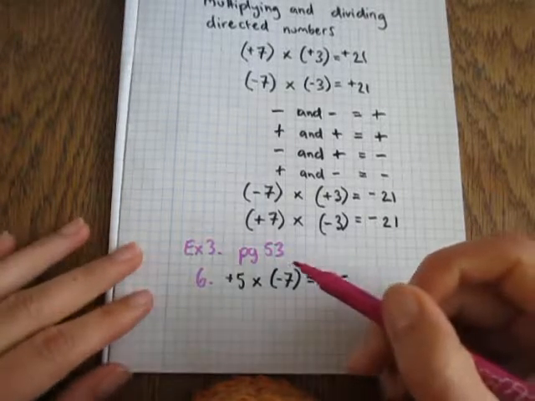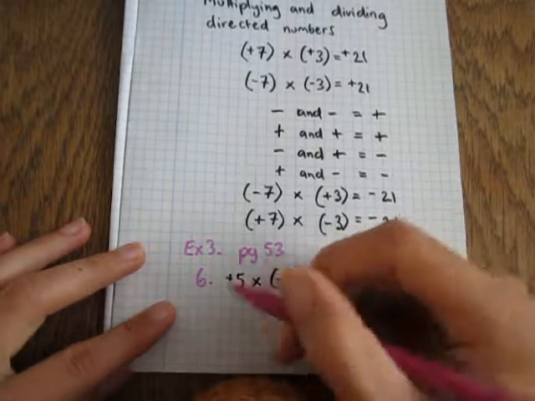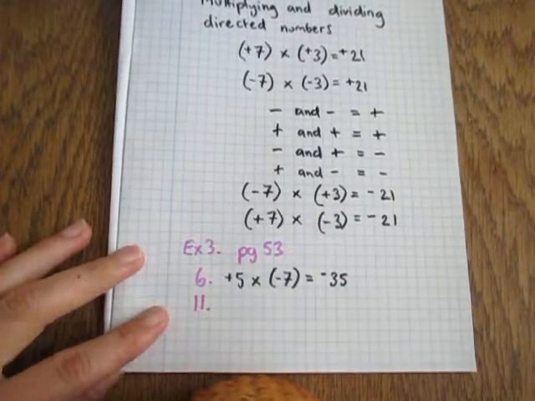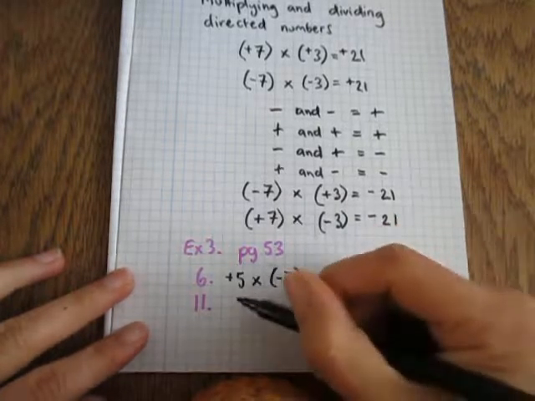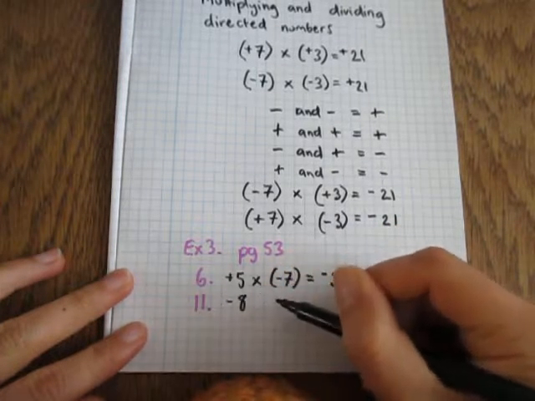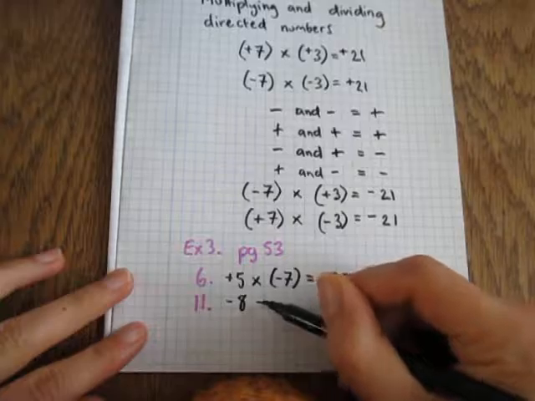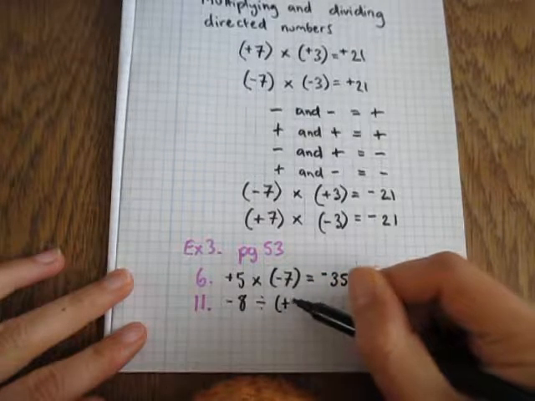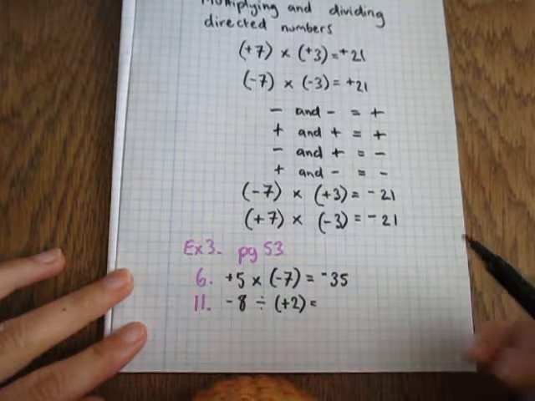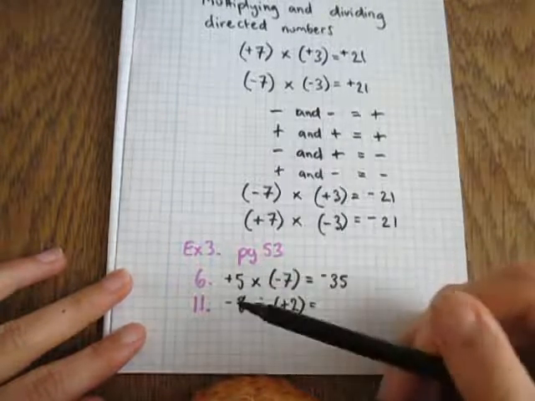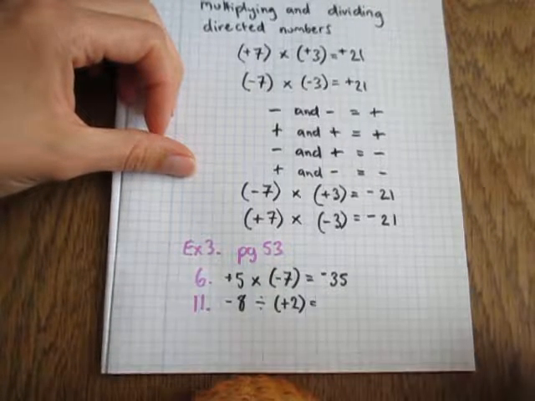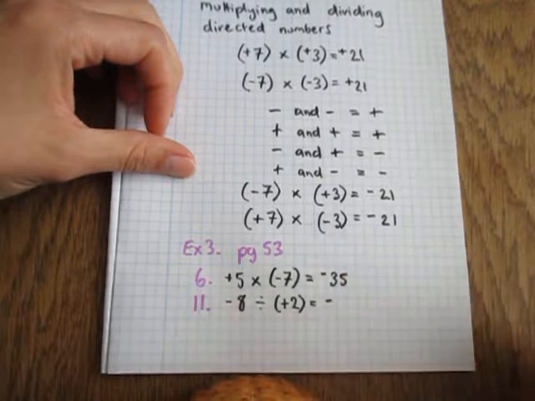If I then do question 11, I've got negative 8 divided by positive 2. The same rules apply for multiplication and division. I've got one negative number and one positive number, so I know that the answer will be